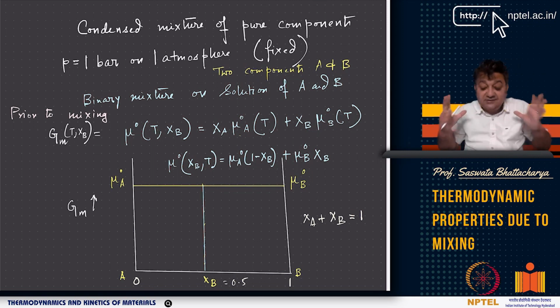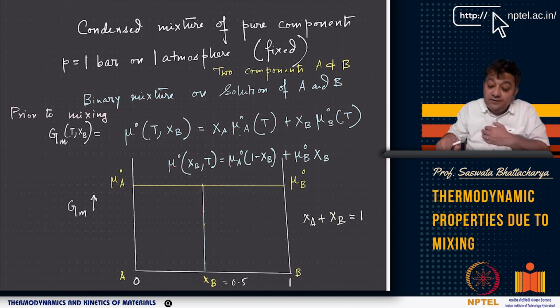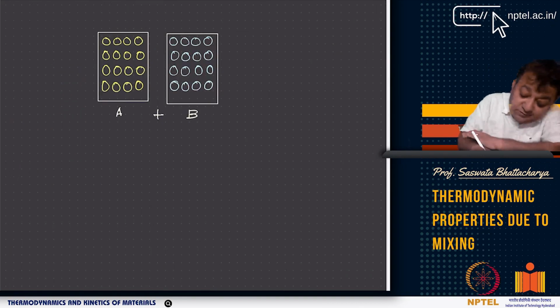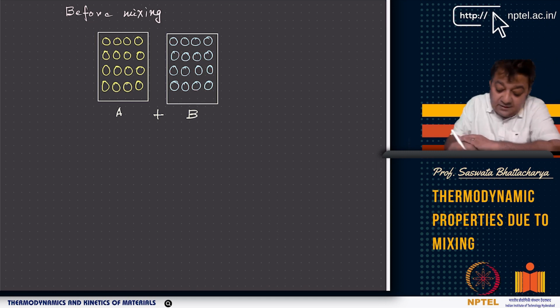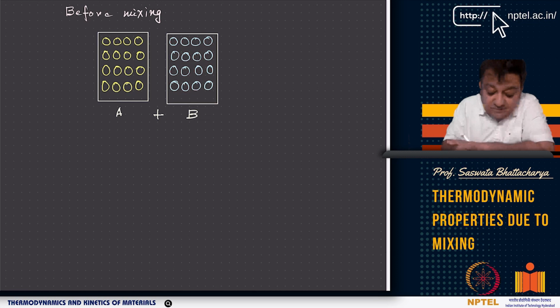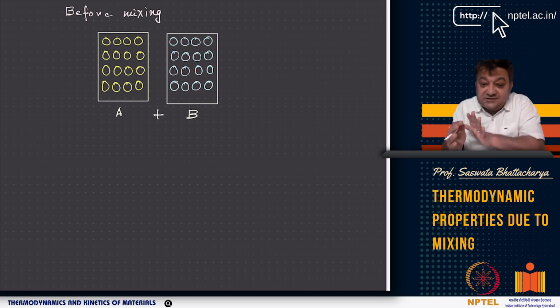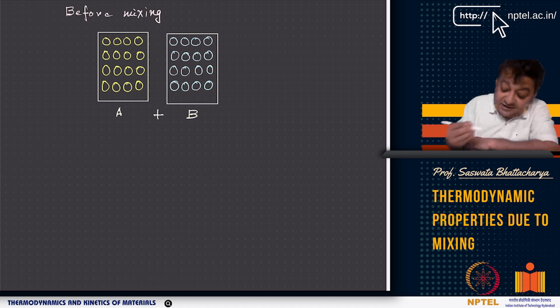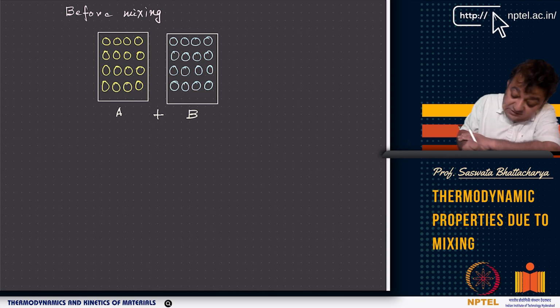So basically I have taken some A atoms, I have taken some B atoms, I am trying to put them together, and then I am trying to mix them. So before mixing them, this is what we had. If you look at the process before mixing, you had a box of A atoms, which you can imagine as yellow spheres, and you had a box of B atoms, and you are adding them together. We haven't allowed them to mix, and in that case GM before mixing